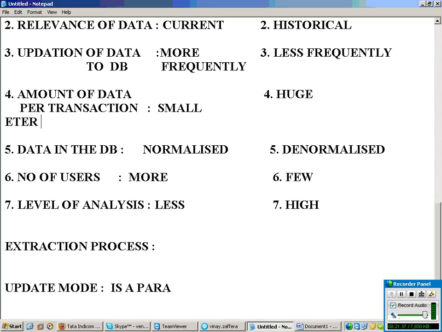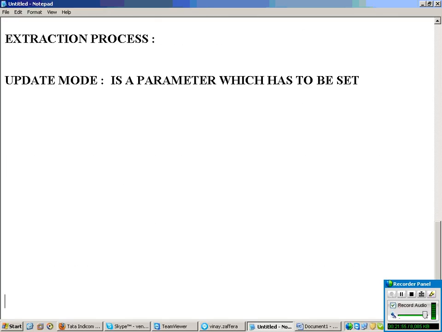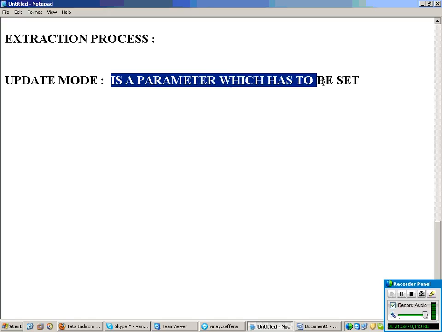Okay, update mode is one setting, a parameter which has to be set. Parameter means some setting you have to select, which has to be set before